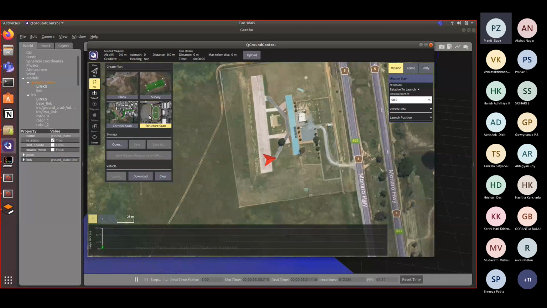But if you want to use it in Autopilot, you can use Mission Planner, which is a similar thing to QGround Control, and Mission Planner works better in Windows, I feel. So if you're using Autopilot plus Mission Planner, the structure scan will work well. And if you're using QGround Control with PX4, then it will work here as well. But since Autopilot is really easy to install and to learn, that is the reason we are moving forward